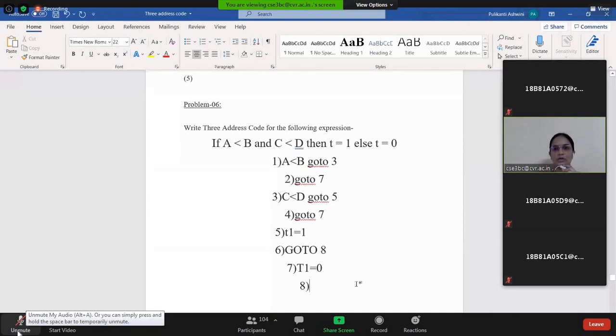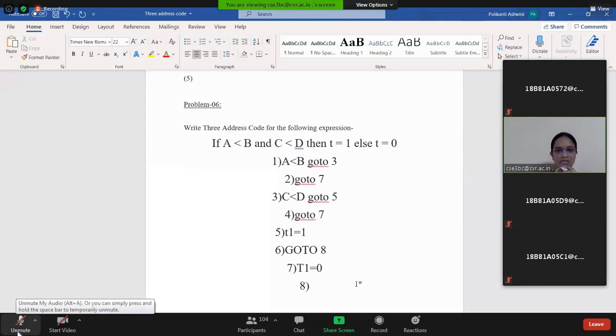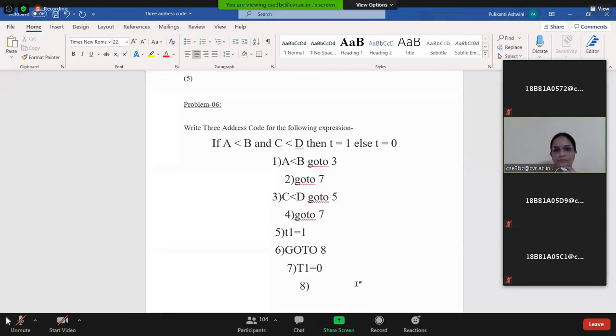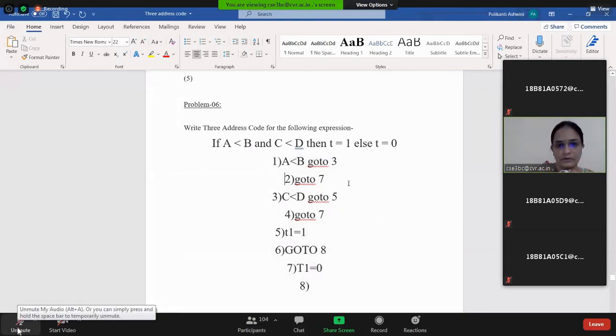Here, according to the situation, sometimes one expression may be correct and one condition may be true and another condition may be false. In that case also it has to print 0. If both the conditions are false, it has to print 0. If any one of the conditions is false, also it has to print 0. So now it is perfect. Yes, everyone take down. If you have any doubts, you can take this expression.